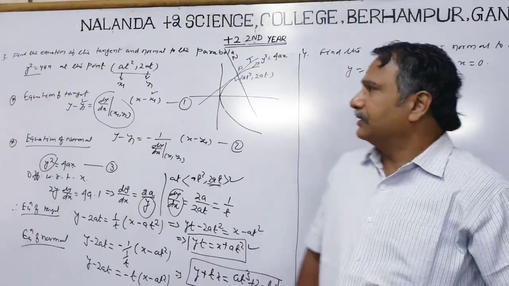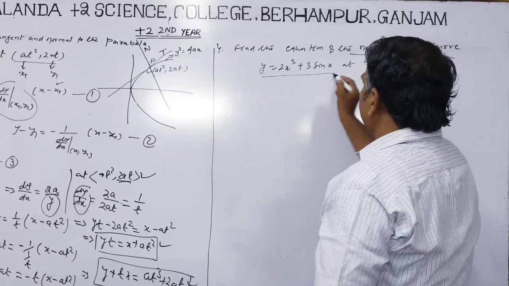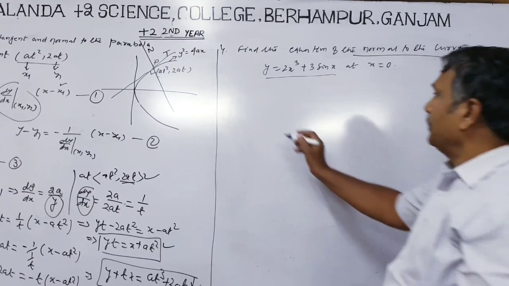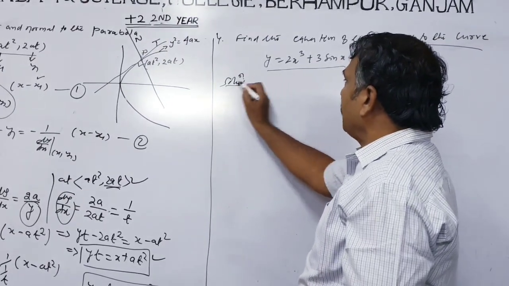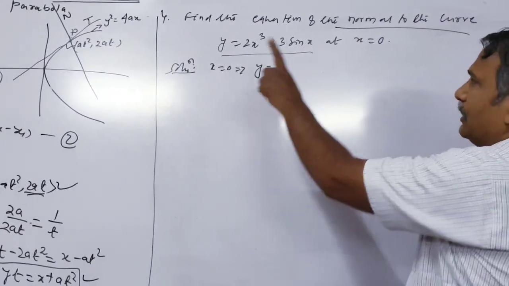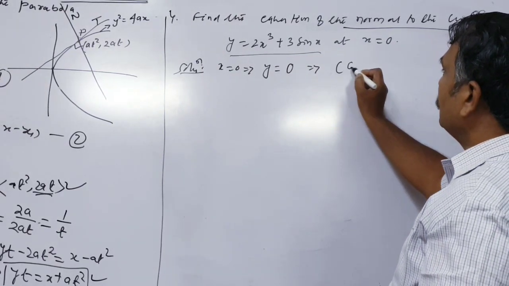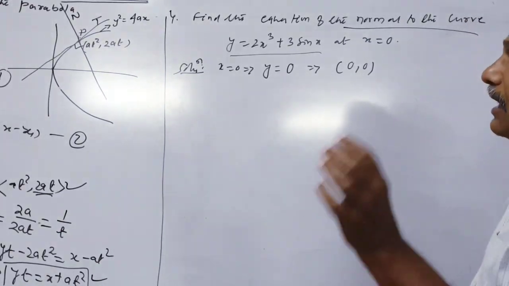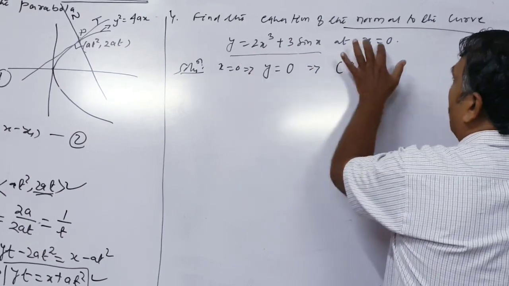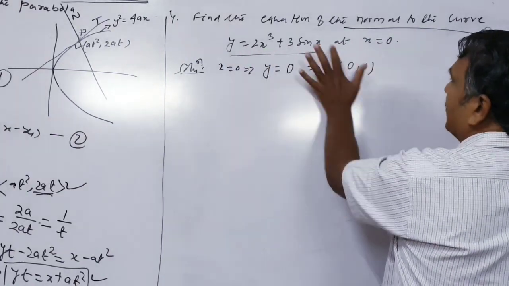Now another question is, find the equation of normal to the curve, not this one. Here out of 2 coordinates, only 1 is given, x equal to 0. Now x equal to 0, what is the y? Find out. Y equal to 2 into sin 0. What is the value of sin 0? It is 0. So 2 into 0 is 0. The coordinate is (0, 0). The curve is given and x is given. Substitute x equal to 0 and find y. Here y equal to 0 because sin 0 equal to 0.